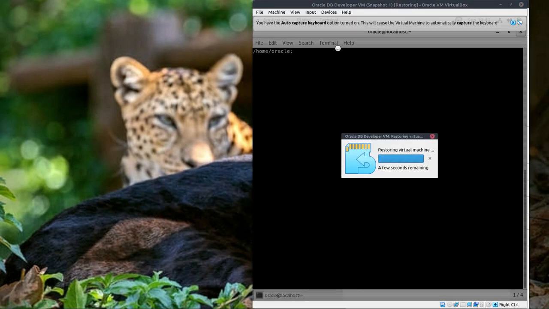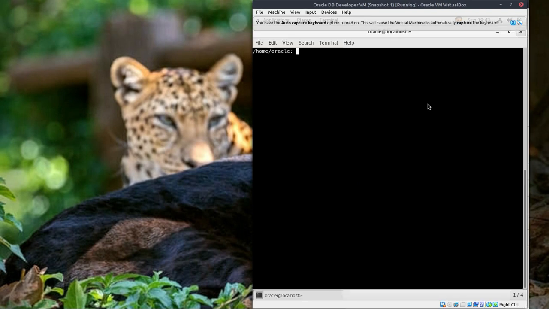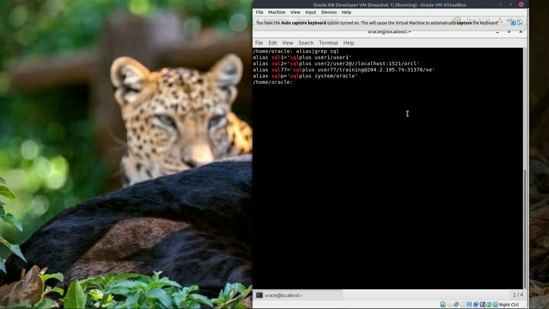That's a saved version of my VirtualBox virtual machine. This is running Oracle Linux. It's running Oracle 19C database. And again, looking at aliases that I mentioned, this is running Linux, but you don't need to know how to use Linux. You can connect to this from SQL Developer on your laptop, which is what I do. I'll show you how to do that on the course, but just to show you it's there.